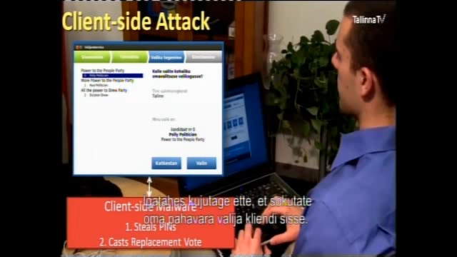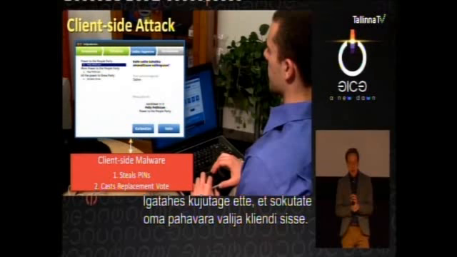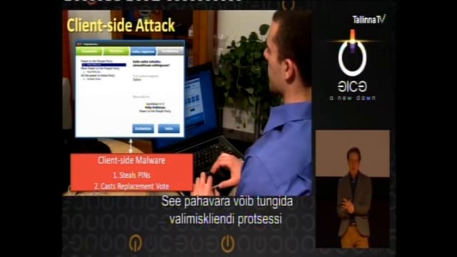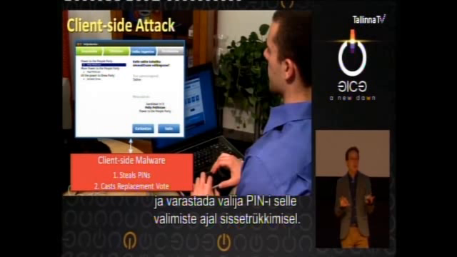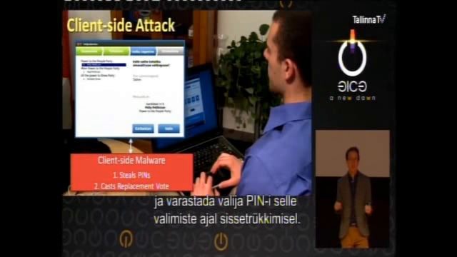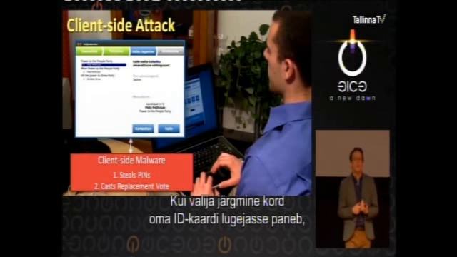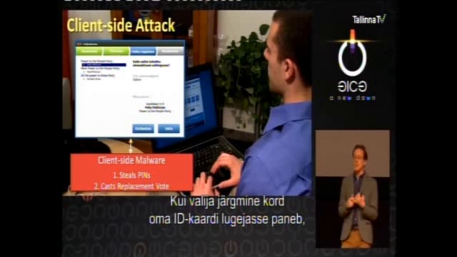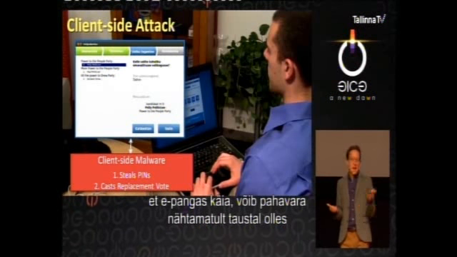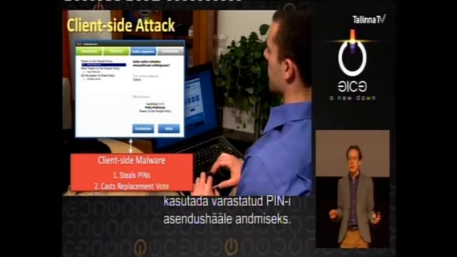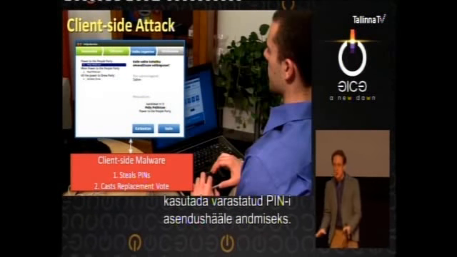Anyway, so imagine you have a voter's client and you're able to get some malware onto it. That malware could just basically tap into the election client process and steal the voter's PIN as it's typed in during the real election. Then later, the next time the voter puts in their national ID card, say to bank online, that malware can just invisibly in the background use that stolen PIN to cast a replacement vote.